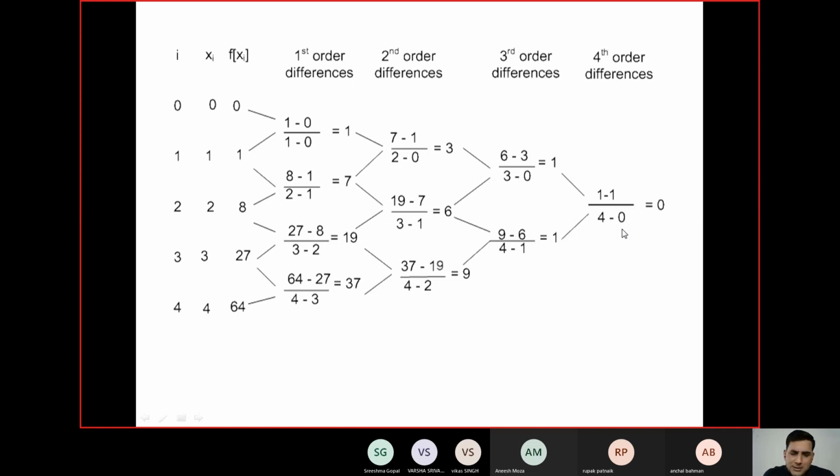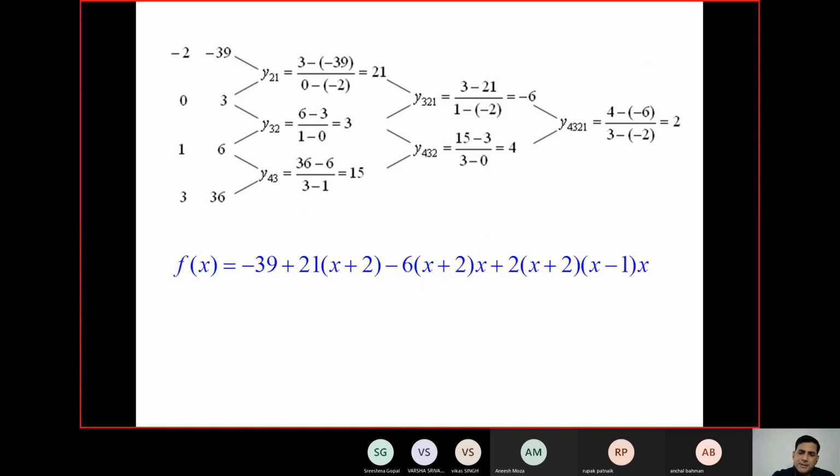This is not a very tough part. You can keep on continuing calculating. Once you have calculated that, that was previously the divided difference table. Now you have another column here. These are the data, and then you have the divided differences here: the first divided difference, then the second divided difference, then the third divided difference, and this is how your function has come.